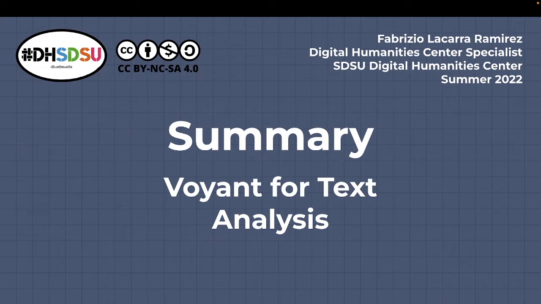This guide is part of a series of mini tutorials covering various tools and functions available in Voyant for text analysis. If this is your first time hearing of or using Voyant, I invite you to explore our slideshow guides on Voyant basics and Voyant stopwords and search queries created by Kiona Kinshasa. Our DH Workshop tutorial for Voyant for text analysis, created by Pam Lack, is a great supplementary resource to view